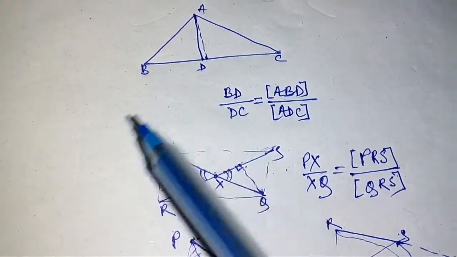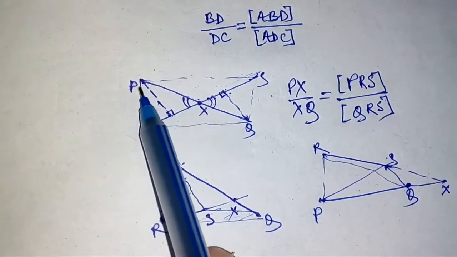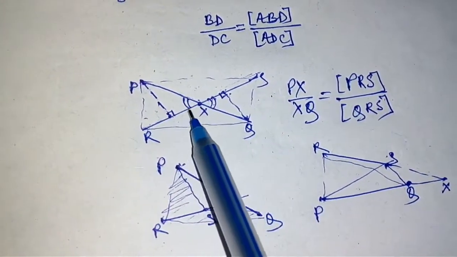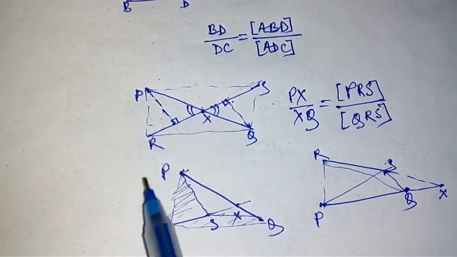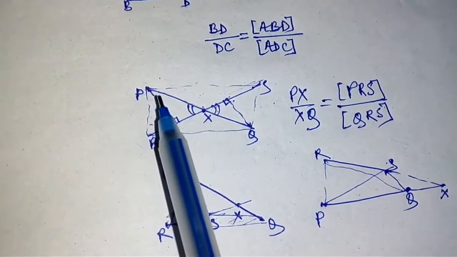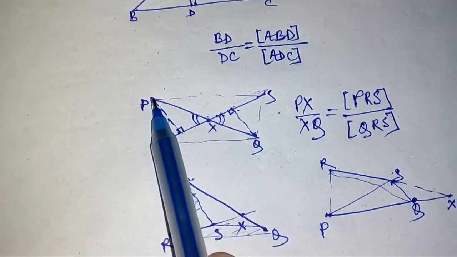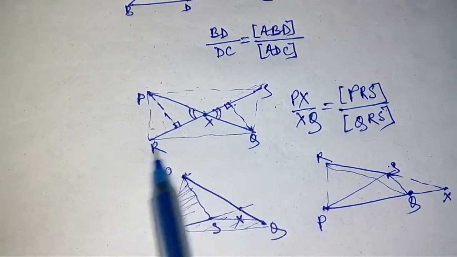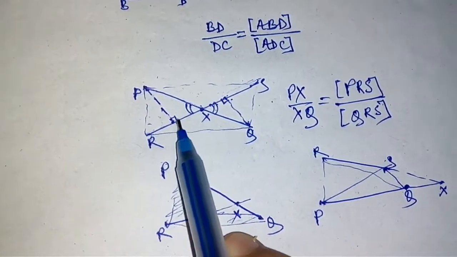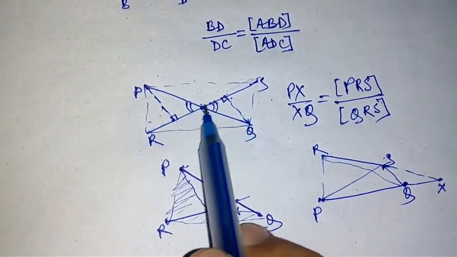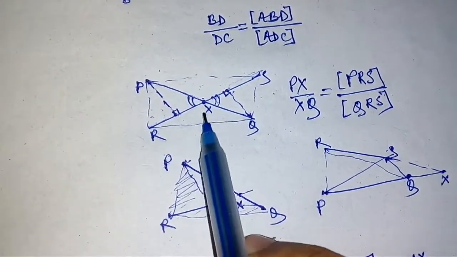Now we have an advanced form of this area lemma, also known as the intersection lemma. What it states is that if I have two line segments PQ and RS and they intersect at a point X, then if I want to find the ratio of the lengths PX to XQ, I will do it by calculating the ratio of the areas PRS and QRS. The proof is very simple. We can construct the perpendiculars, and if we prove the similarity of these two triangles, then we find that the ratio of the heights is the ratio of these lines. So this automatically comes out to be true.